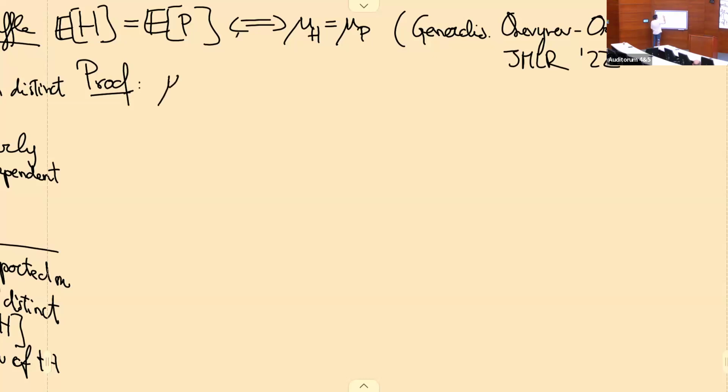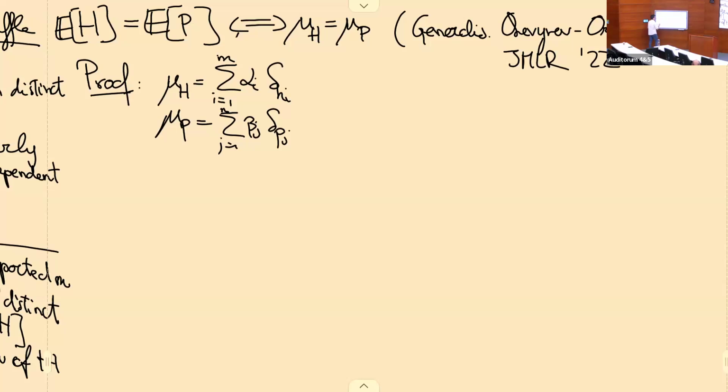Suppose we take mu_h to be just a linear combination, i equals 1 to m, of alpha_i delta_{h_i}. So this is a probability measure supported on a discrete set of distinct signatures. That's important. And similarly for mu_p, j equals 1 to n, beta_j delta_{p_j}. And then it's clear that if you have equality of expectations,